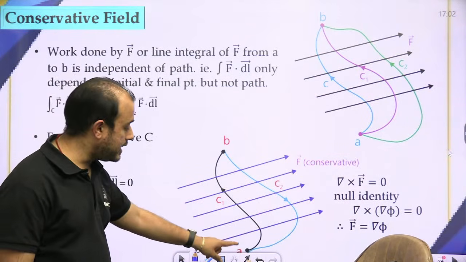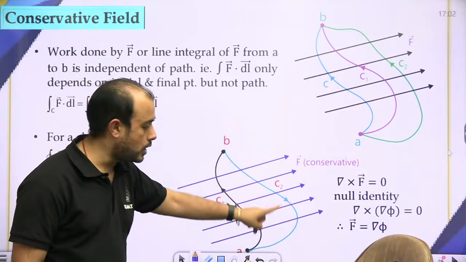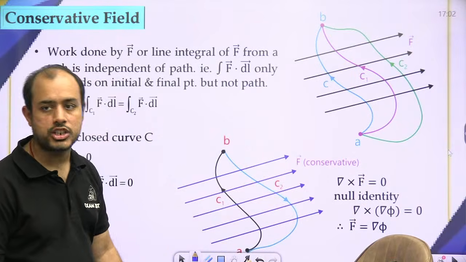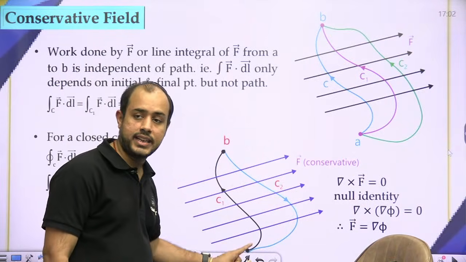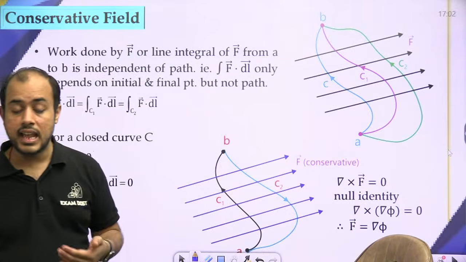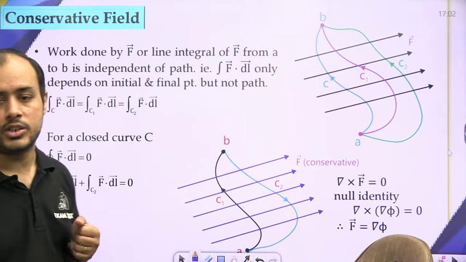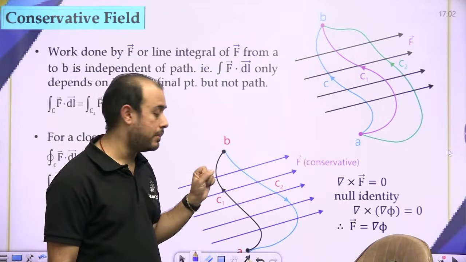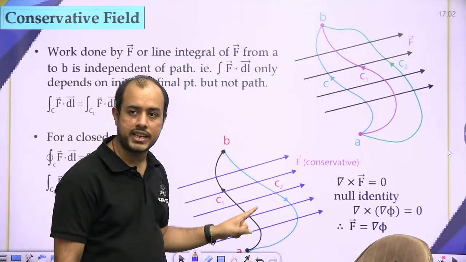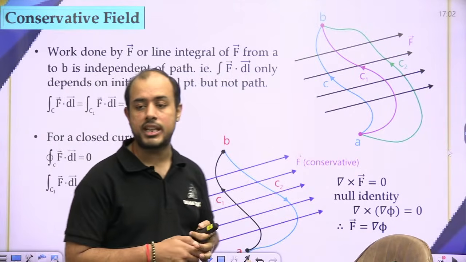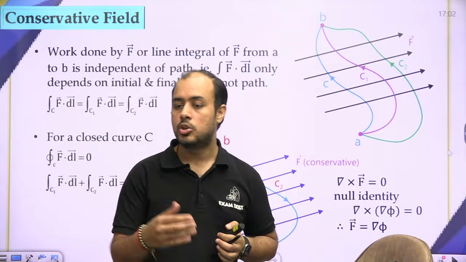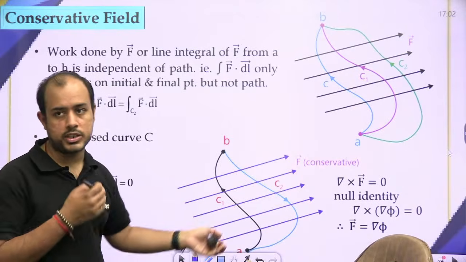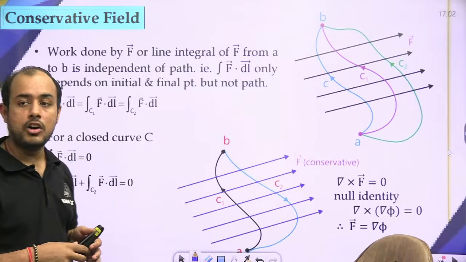So now if you take a closed curve beta, the integration on both the curves will be the same. But one integral is from A to B, the other is from B to A. So both integrals will be equal and opposite. Net integration will be 0. And that is why we say over a closed curve, the line integral of a conservative field is 0. समझे? C1, C2 अलग अलग कर्व हैं बट इंटीग्रेशन सेम आएगा, बट एक का इंटीग्रेशन A से B है, दूसरे का B से A। अब इंटीग्रेशन की एक प्रॉपर्टी होती है कि अगर लिमिट्स आप रिवर्स करते हो तो माइनस साइन आता है, इसीलिए C1 C2 का इंटीग्रेशन आपस में इक्वल एंड अपोजिट होगा, नेट आएगा 0।